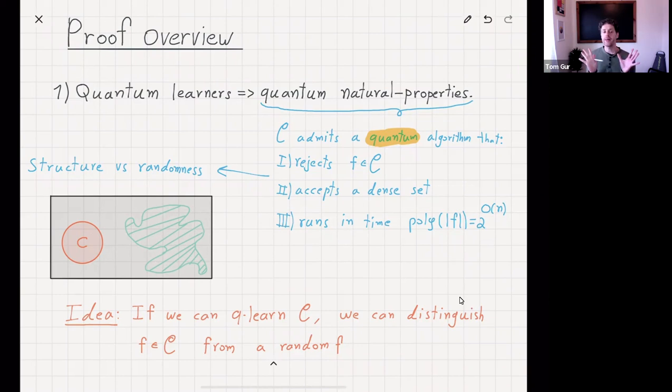So that's, in some sense, quite intuitive. If you think about it, if you can learn a function, then at least you can think that it means you can understand something about its structure. It can't be completely random. And there is this idea that this would be